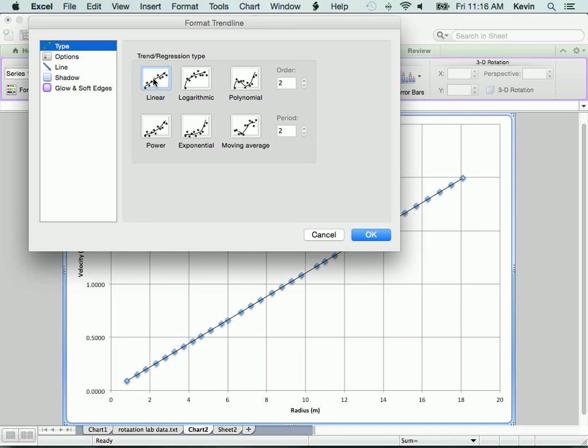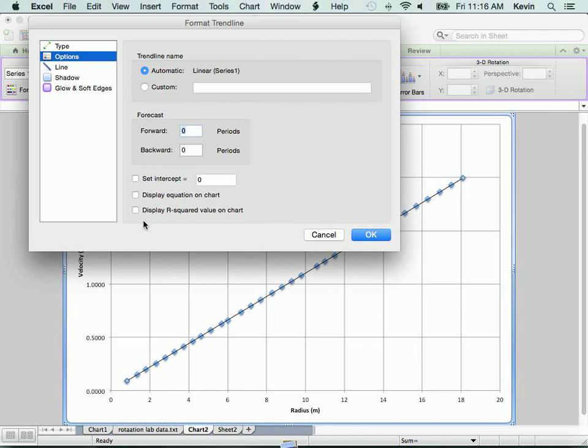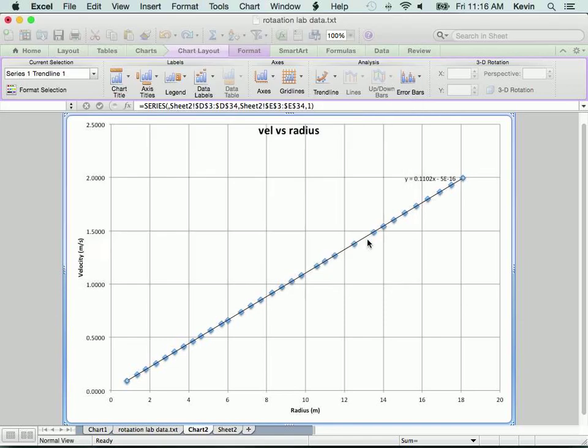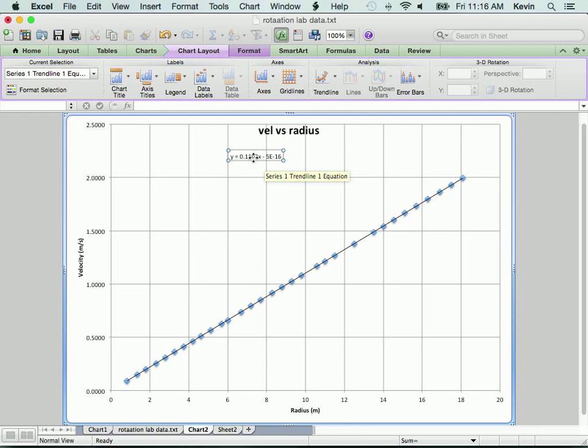We already had this discussion yesterday when you were doing the graph on your own. We said it's going to be a linear graph, so we just choose that. Under options, you can also choose display equation on chart. Okay, and the fun part of the equation on chart is that, if you can see this,